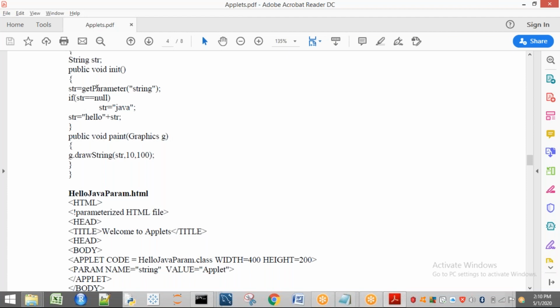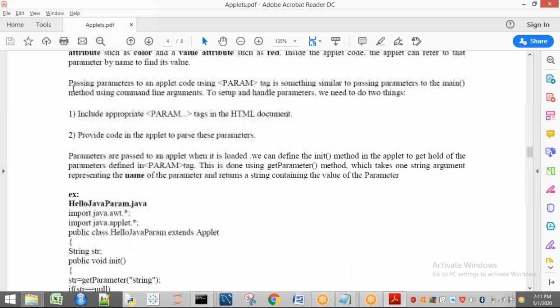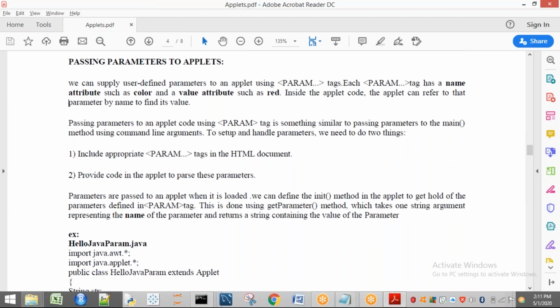Whenever get parameter of string is called, the related value is going to be returned and stored in str in our example. So this is the example of passing parameters to an applet. Very important, param tag. Remember this one, and better to take this example only. I will forward this document to you, no problem.